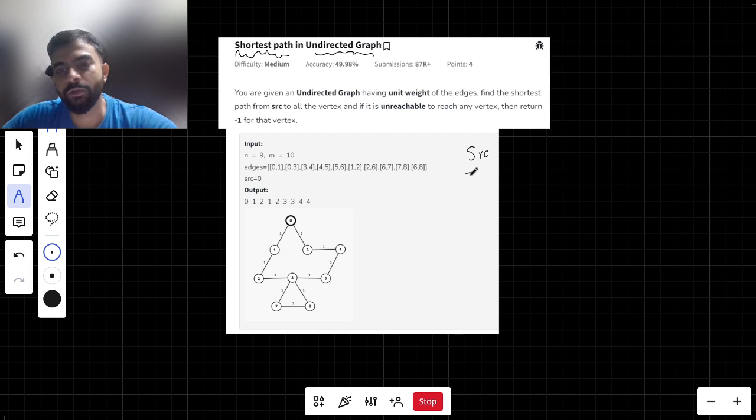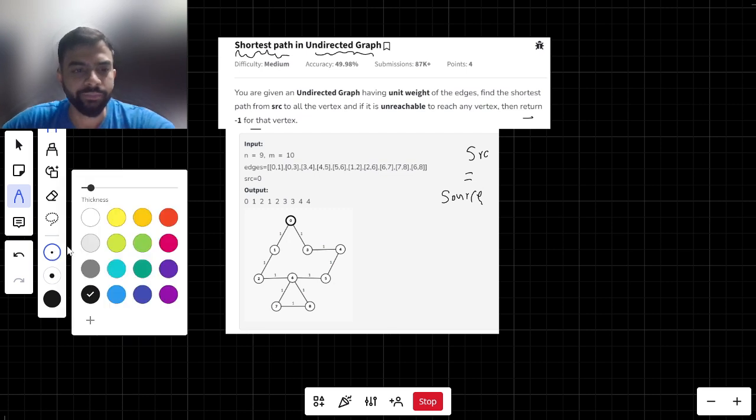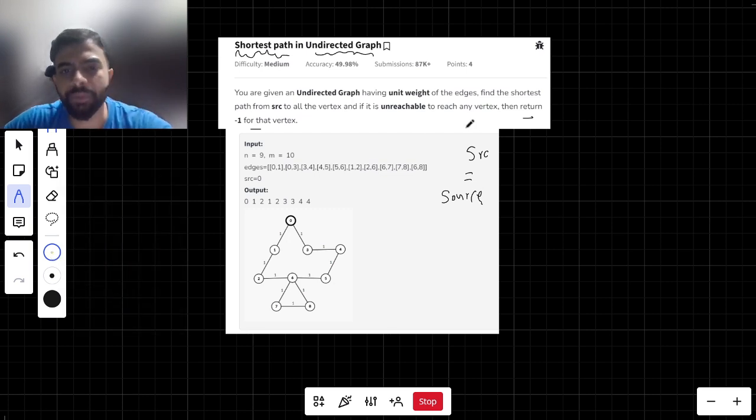So SRC, you can write it as source, to all the vertices, from 0 to all the vertices. Sometimes a vertex can be unreachable, then return -1 for that vertex. This is our base case. So how will I solve this particular problem, and what type of approach are we going to learn through